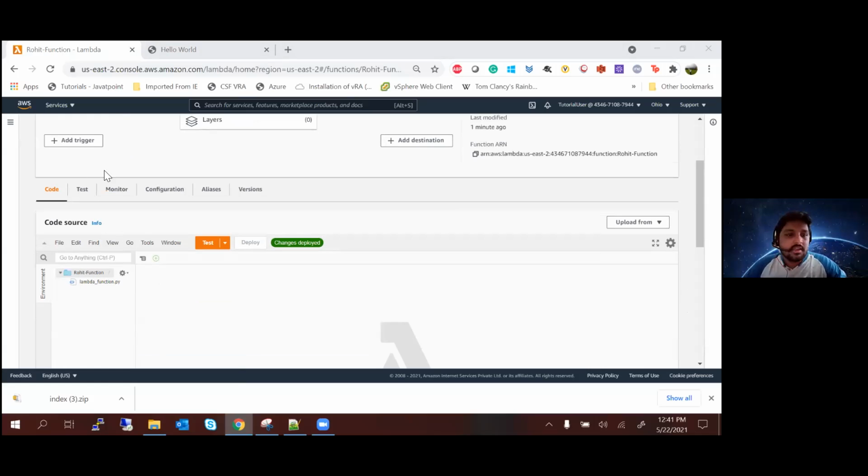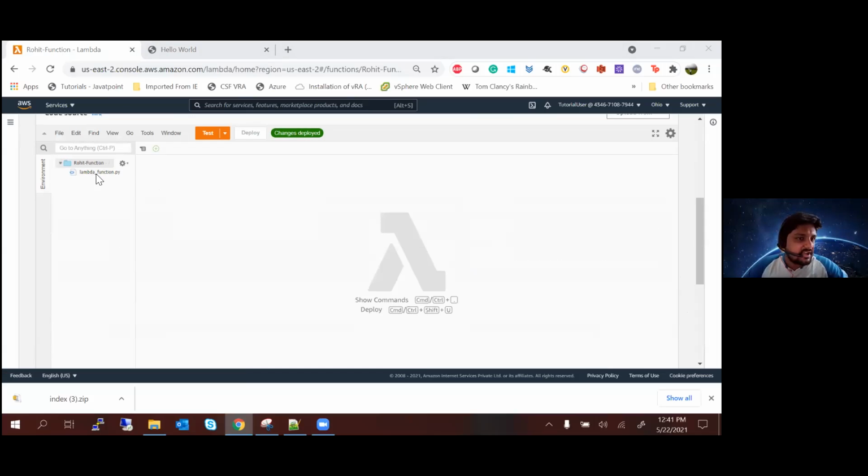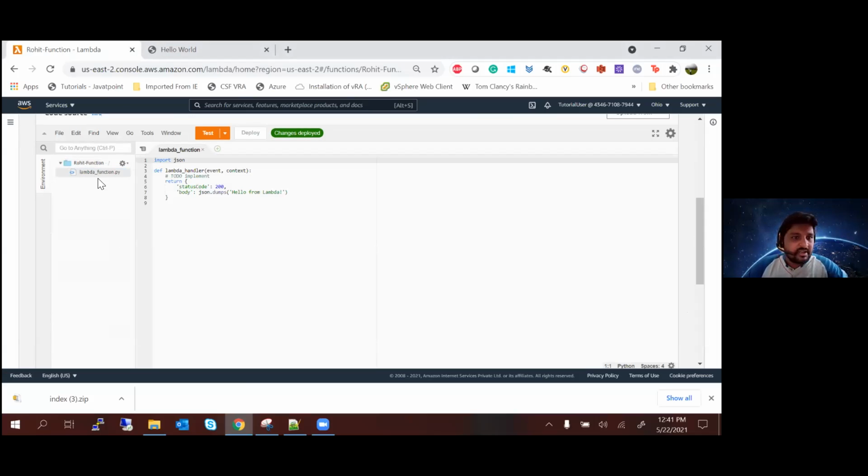If you are on the screen, you can scroll down, and here on the left you should see a lambda underscore function. Double click on that lambda underscore function dot py, and you should be able to see your code. Just hit yes if you're able to see the code. Okay. If a few of you are not able to create, that's okay. I'm sorry if there's a rate exceeded error and everything. Just look at the screen to see what we are doing, if you're not able to do it.